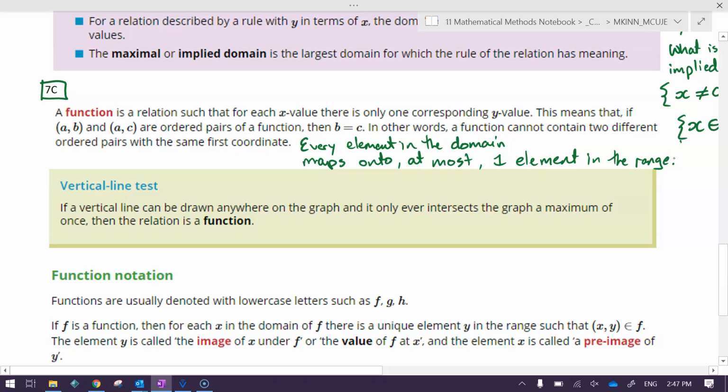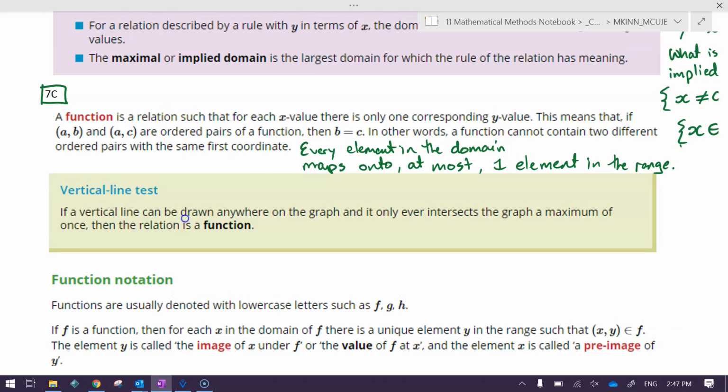Functions are special because they're consistent. If I put a number in, I always get the same result out of the function. That's what's special about them. Sometimes rules will do that. We saw up here,